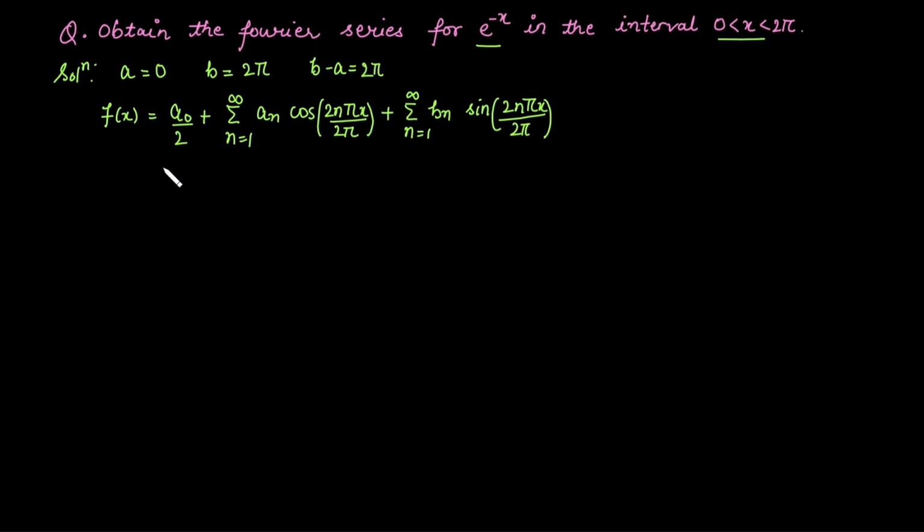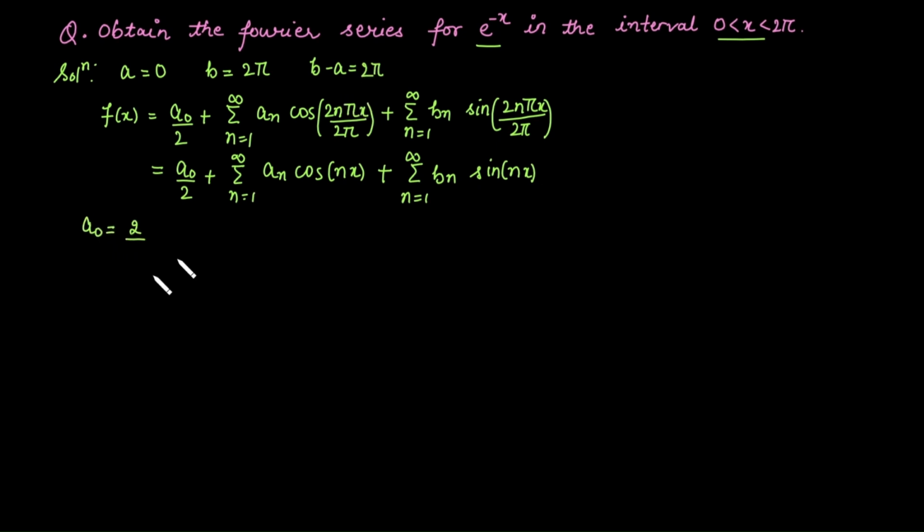The simplified form of this one is equal to a naught by 2 plus summation n from 1 to infinity an cos of n into x plus summation n from 1 to infinity bn sine of n into x, where a naught is calculated as 2 upon length of the interval 2 pi,